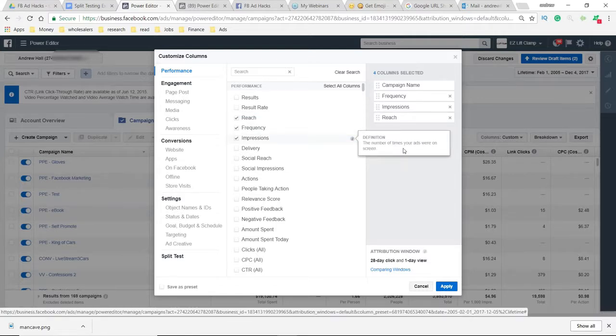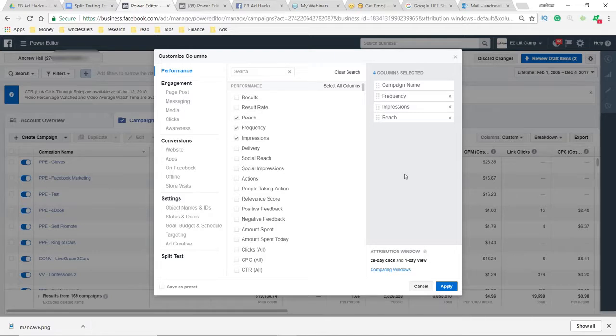Now impressions are how many times your ad is shown, and you can always just go right here and it'll say the number of times that your ads were on screen. So impressions is how many times your ad was shown. Reach is how many people it actually reached. So frequency is impressions over reach. Yeah, impressions over reach. And so I would pretty much always, don't cut your ads until you get 500